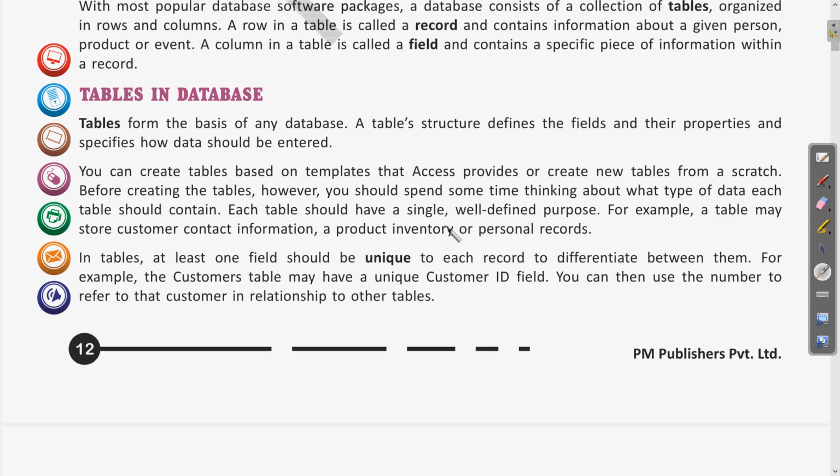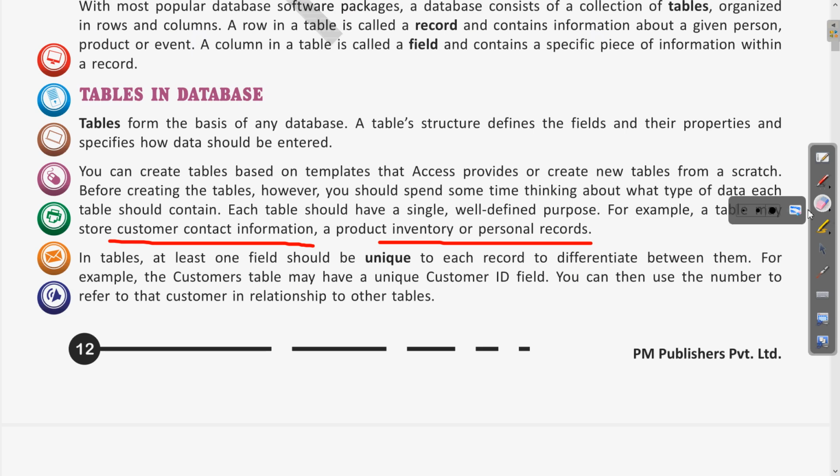Clear? So the examples of databases can be various. For example, a few of these are given here as well. For example, the customer care contact information. Then the inventory is the stock which is present in the business firms or the shops, where the amount of product and all of the details are there, so that is the product inventory.